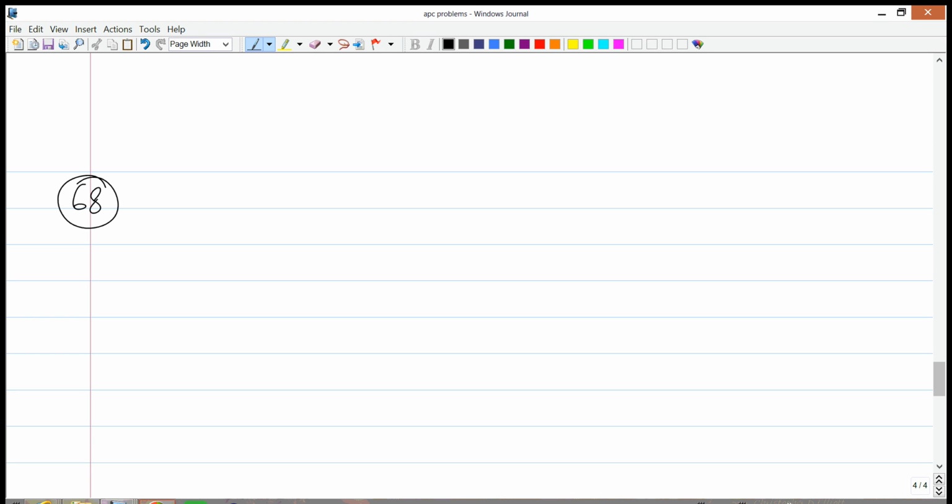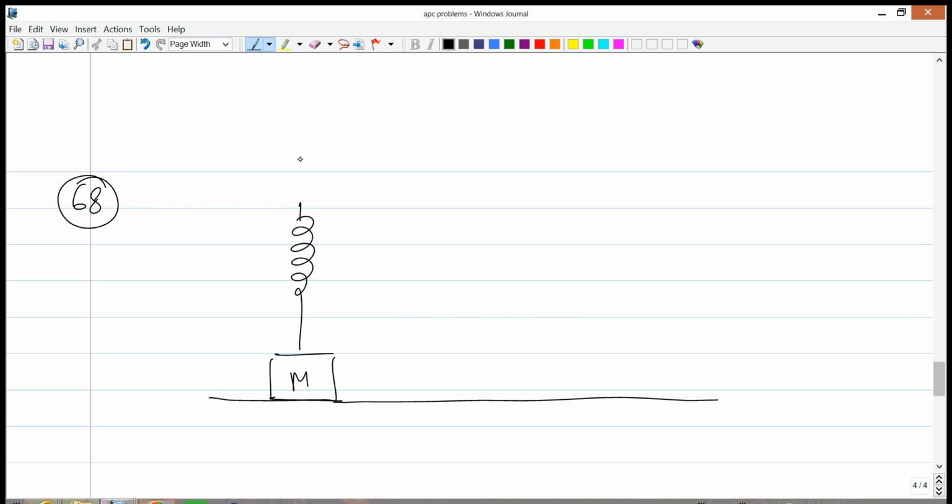Right, so in this video we're going to solve problem number 68. What it says is that there is a spring that is attached to a block of mass capital M lying on some surface, and now the first thing you do is you place a mass m on the spring, so capital M, and what this does is it compresses the spring by an amount